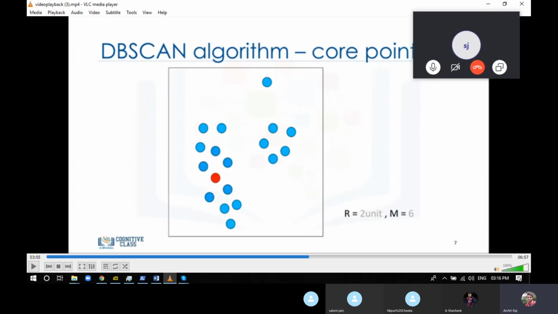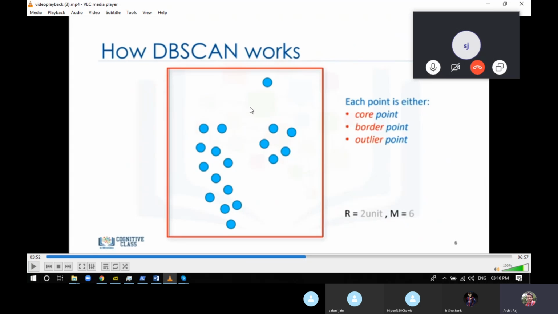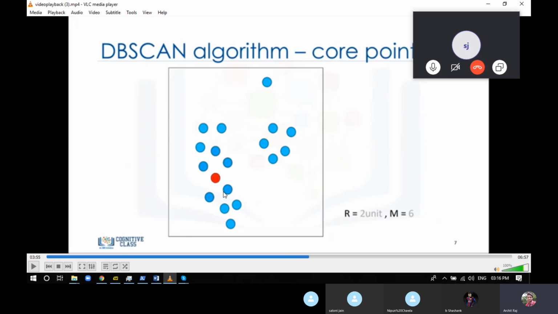For this red point, all the points on the screen will be divided into 3 types: either they are a core point, a border point, or an outlier. How do we decide that? We decide using the radius of neighborhood and the minimum number of neighbors. Let's consider this point.